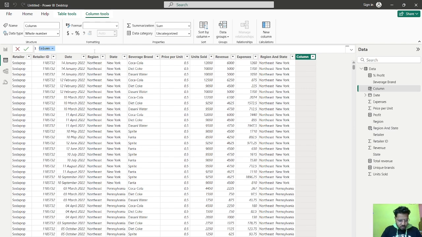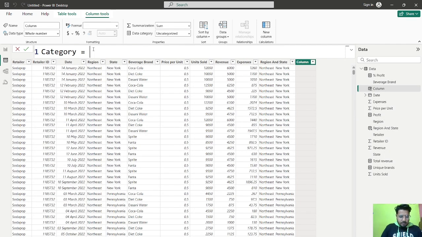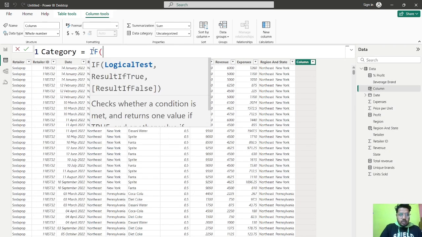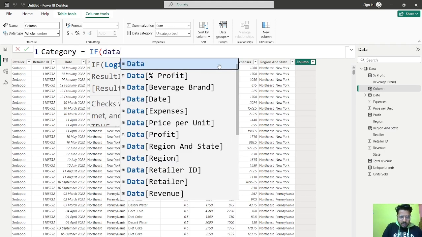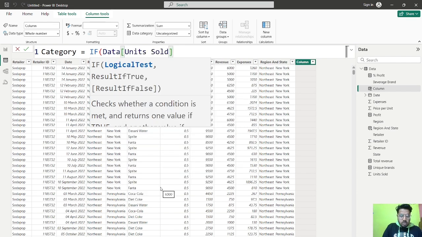Okay, as I said, I want to categorize this, so I can name it as category. Okay, and my condition is here. Let me increase this so that you can see clearly. If I'm going to give the condition from the data of unit sold, I'll have to check where is unit sold. Yes, unit sold is less than, let's say, 5,000,